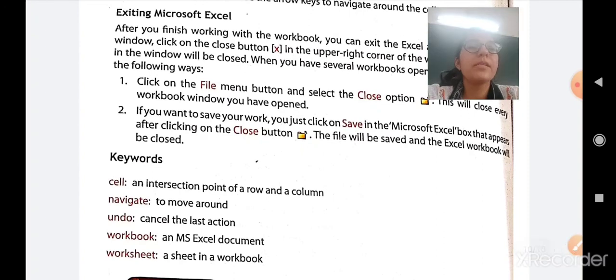The descriptive exercises like the question answers, the keywords, or explain the terms, if any, you have to write in your computer notebook. The rest of the exercises like fill in the blanks and choose the correct answer, all of that you can write in your computer textbook. Again I repeat, the PDF of all the exercises I will share with you. The descriptive exercises you have to write in your computer notebook, while the textual exercises you can write in your computer textbook.